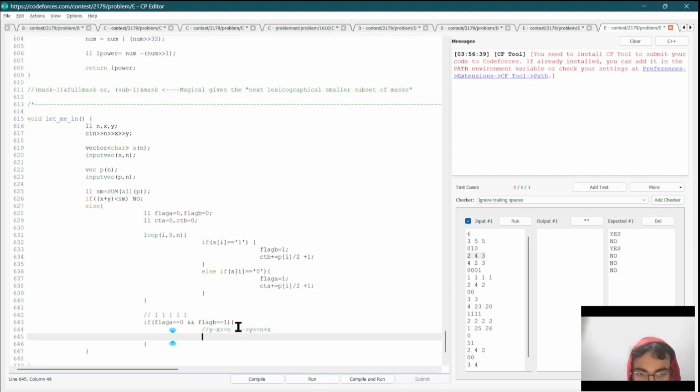So for this case to be possible. And the second condition is that apart from this condition, for B to win, I told that the count of B should be